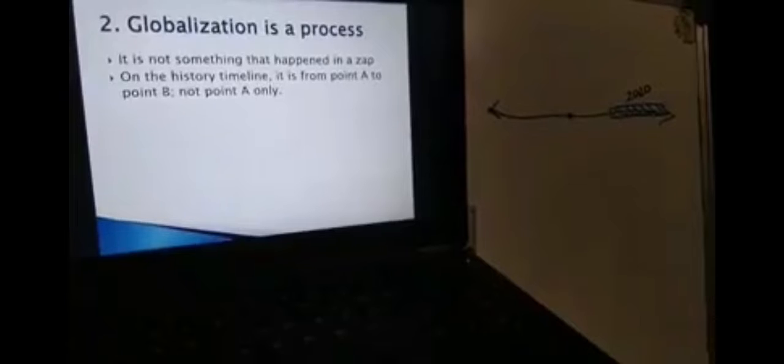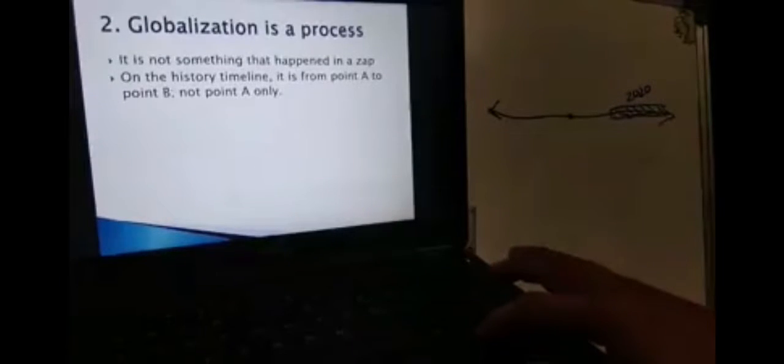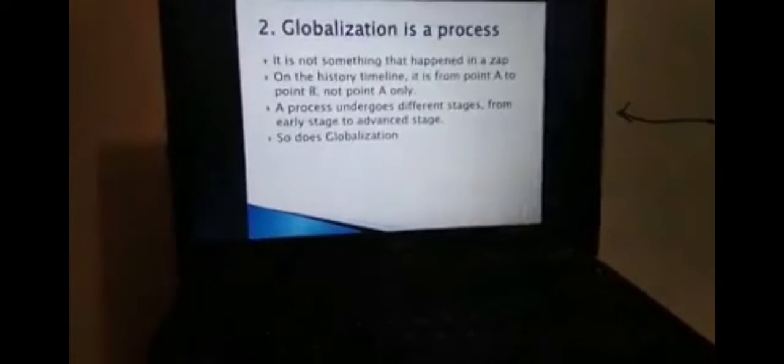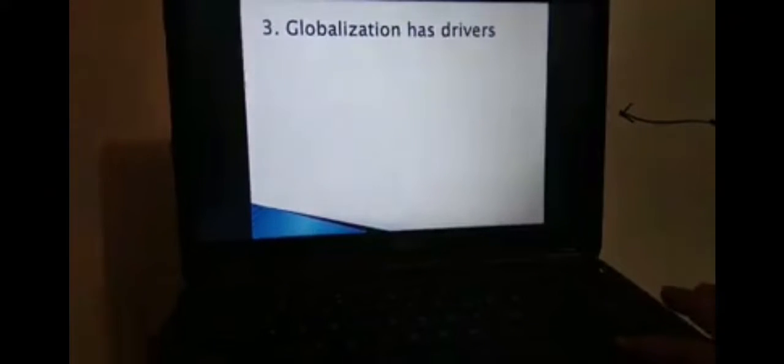So it is a process. It's not a single dot, but an area, and it undergoes different stages. This part over here would be the early stage, and we have the latter stage of globalization. So it is a process. Okay, so that's the second description of globalization.